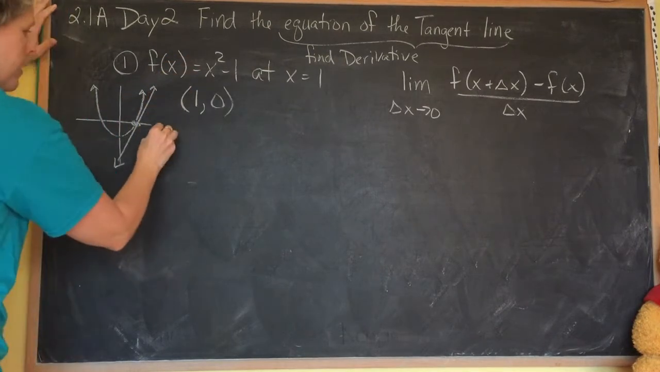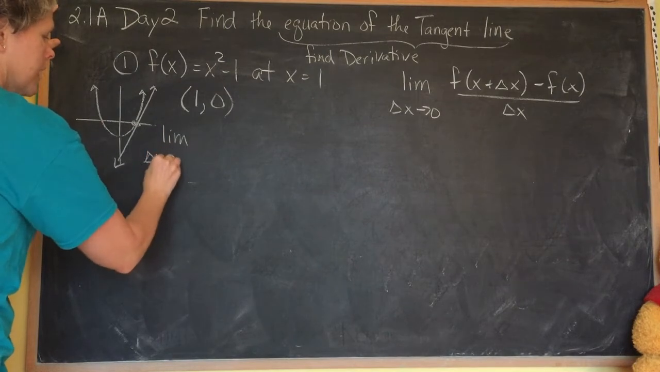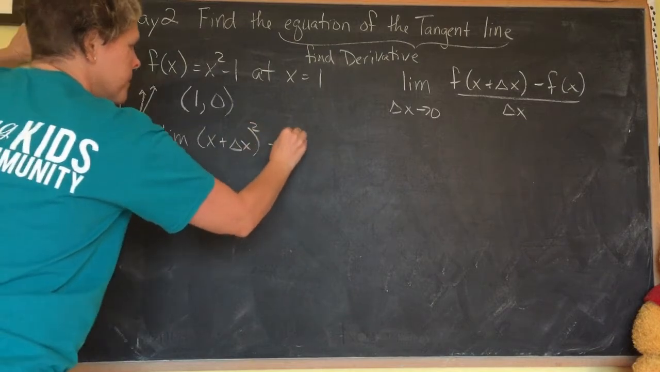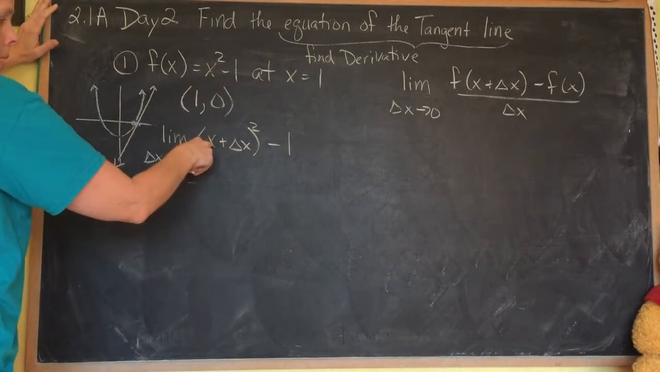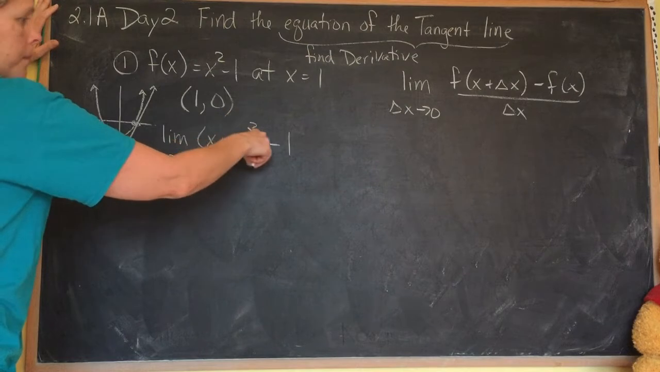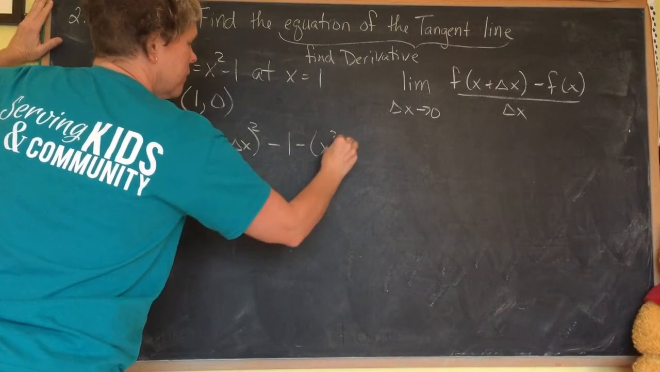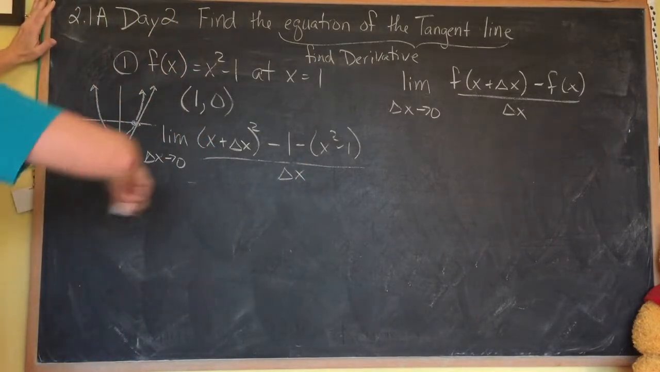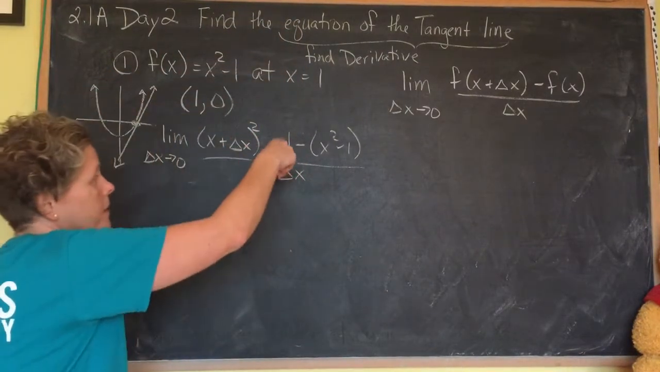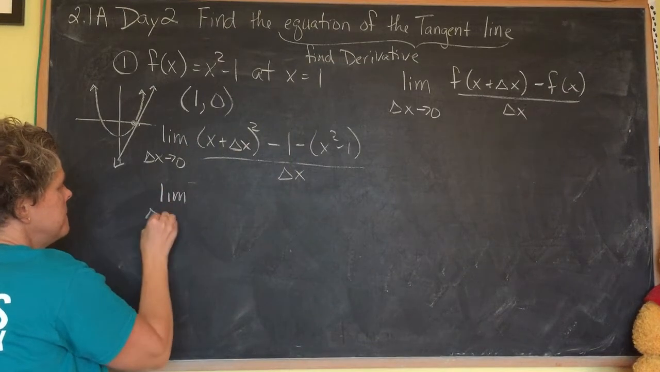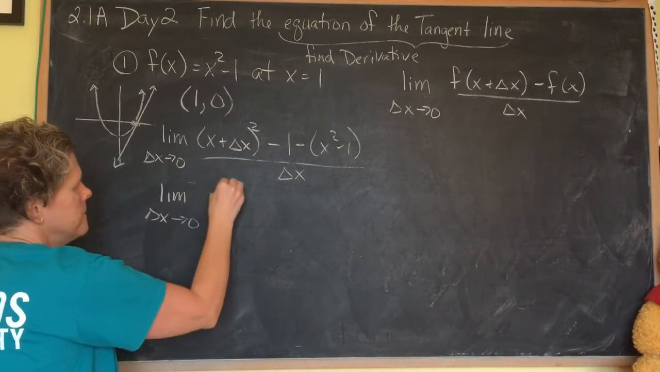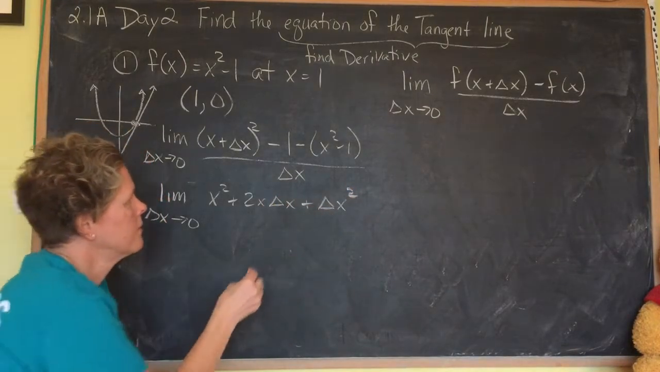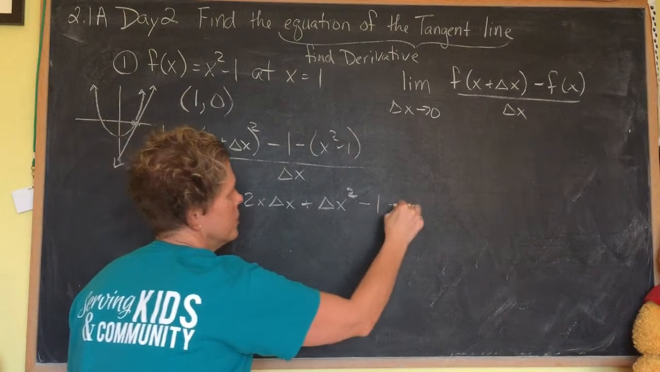So let's do that derivative now. I'm going to have the limit as delta x approaches 0. Remember, I take out that x, and I put in x plus delta x, square it, minus 1, minus the function itself, all over delta x. Okay, now I'm going to clean that up a bit. So I'm going to have to FOIL and I'm going to have to distribute, and minus 1, and if I distribute,